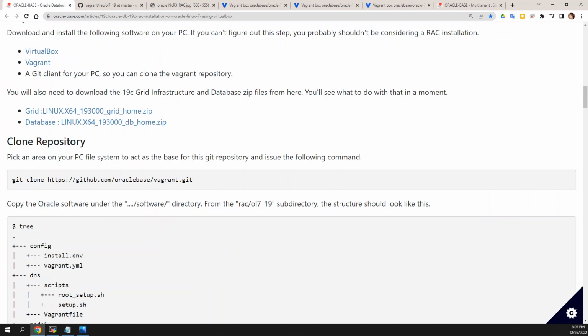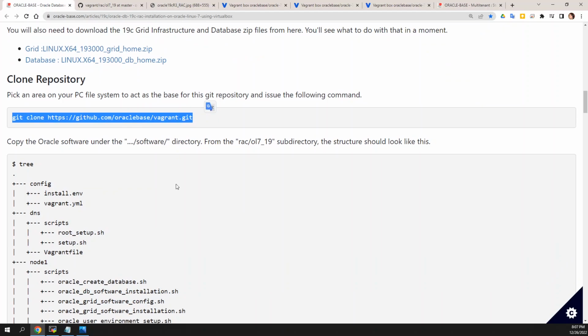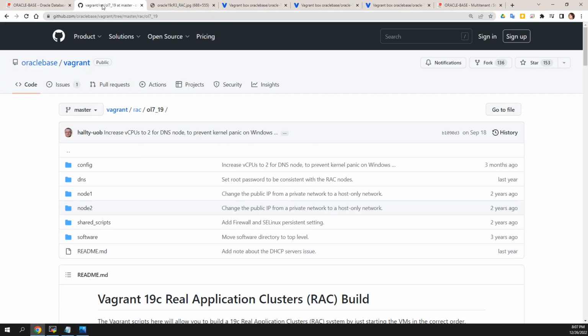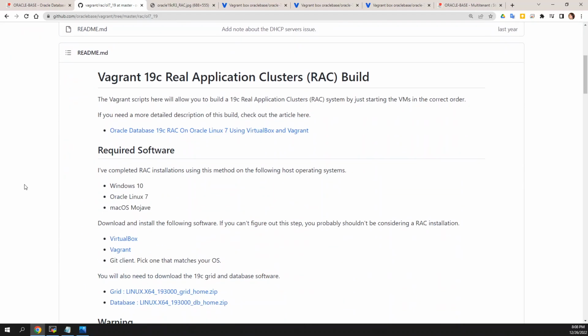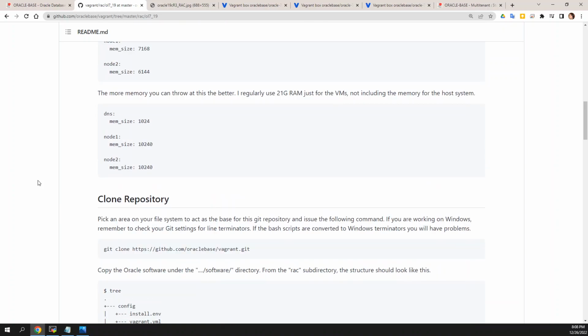This is the GitHub location, and on Oracle Base, Vagrant rac ol7_19,